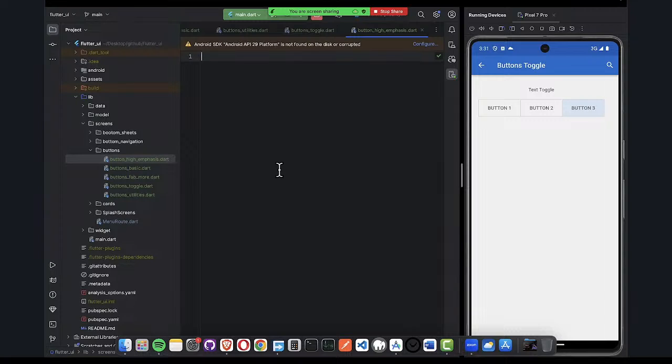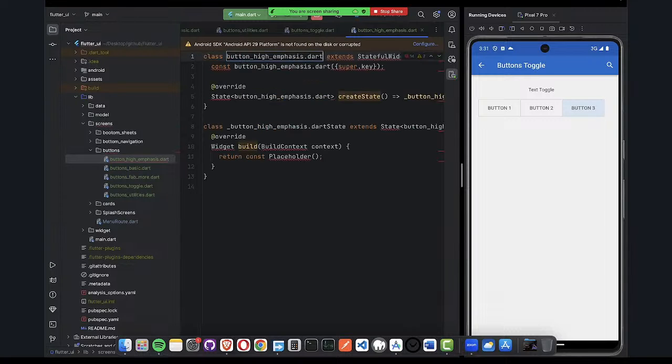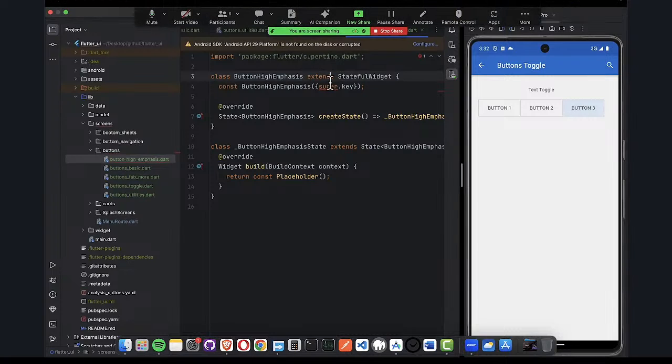Okay, so I can use stateful widget, and then you put the name of the class. It can be button high emphasis screen, something like that. So you can leave it the way it is. Alright, so after doing this,